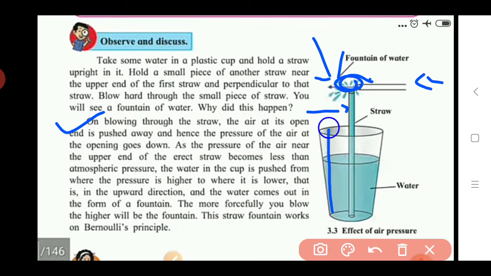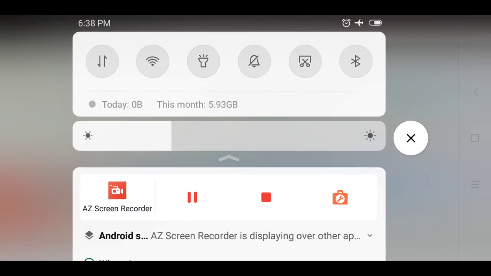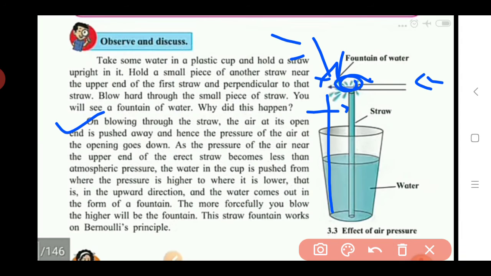So the pressure at the end of this erect straw becomes less than the atmospheric pressure. Here we see the air exerts pressure on the objects kept in it. So atmospheric pressure also works on that straw and this glass. When we blow the air, the pressure at the open end near this vertical straw becomes less, and here atmospheric pressure